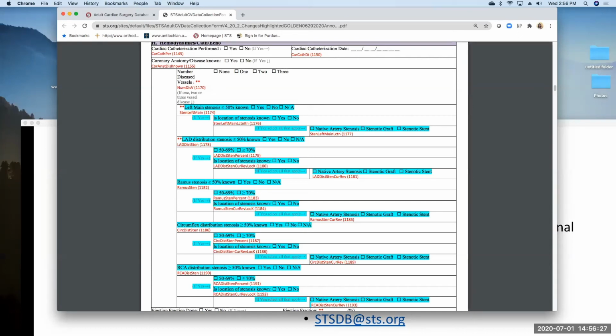Is an aortic root procedure coded as an aortic valve procedure? Not in version 4.2. It's captured in the aorta section. What does direct entry mean? Is there a charge to